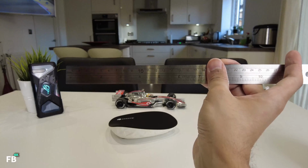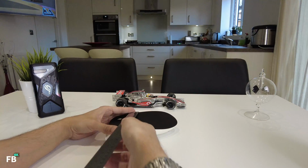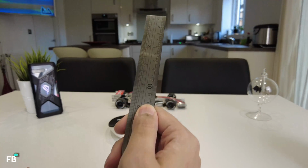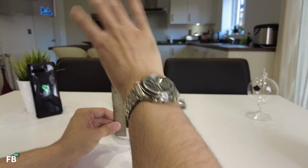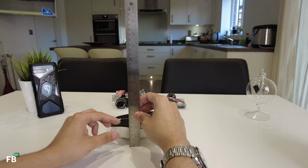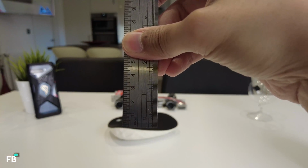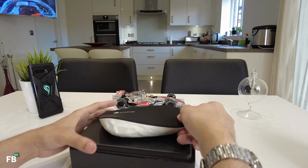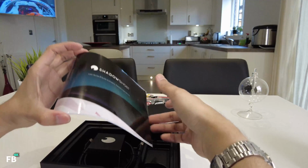It's 18 centimeters in width, around 7 inches. In terms of length or height, whichever way you want to call it, around 12 centimeters, about 5 inches. And its maximum height, if you're looking to stick this under your set-top boxes, is 5 centimeters, around 2 inches. The box itself has a number of components, including a very brief user guide